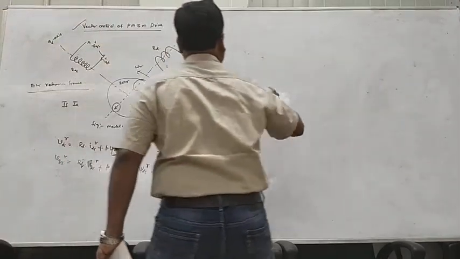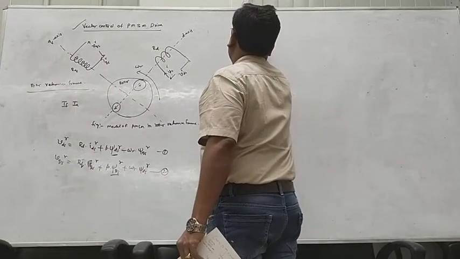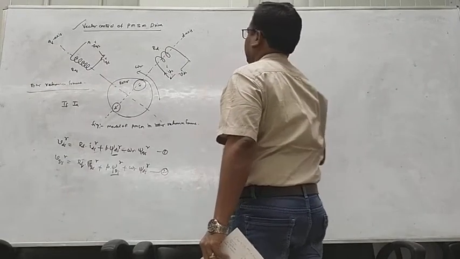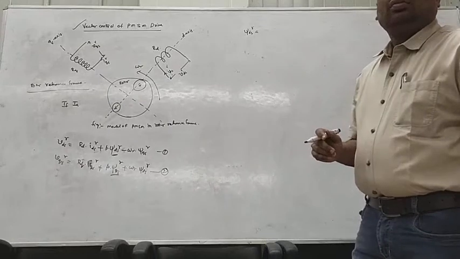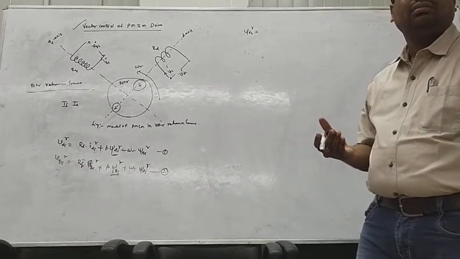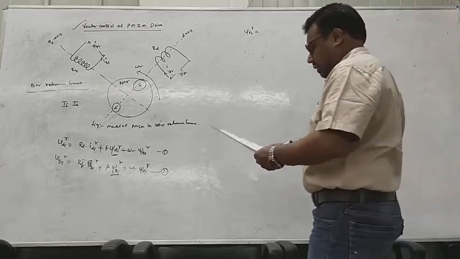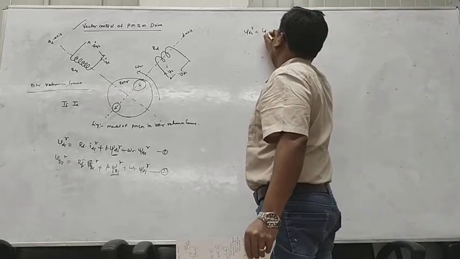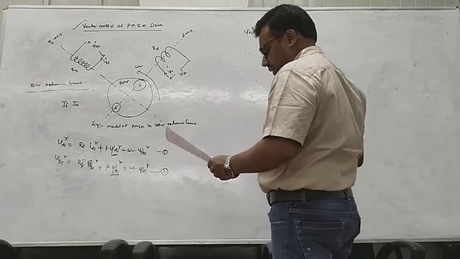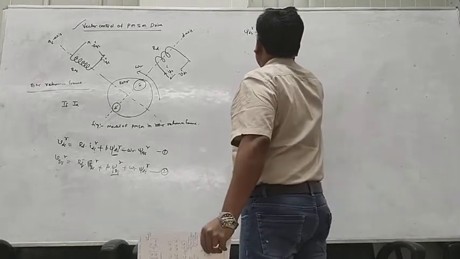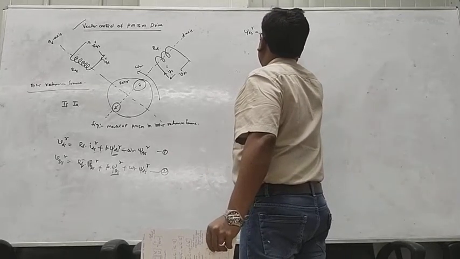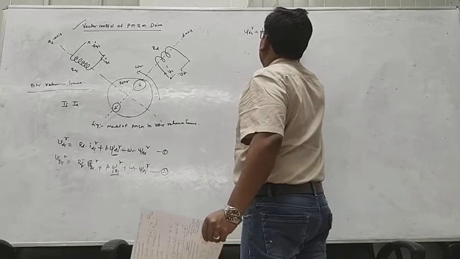We write psi DS^R, the flux linkages in the direct axis, which will be LDS, the self-inductance of the direct axis, into IDS^R